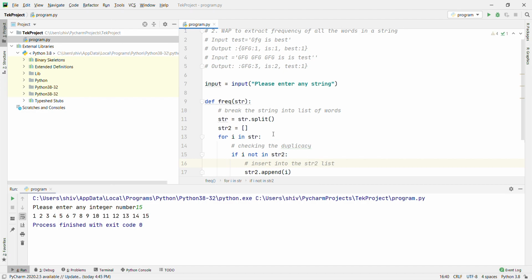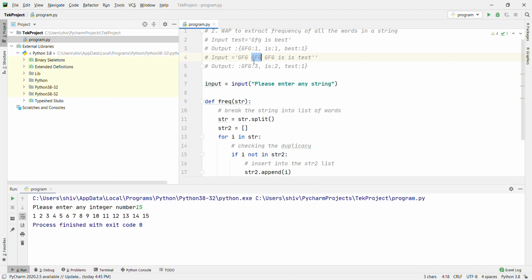Let's go one by one. If we have GFG 3 times, first str2 is empty. When we check the first time, it is not in str2, since str2 is empty, so we append GFG to str2.